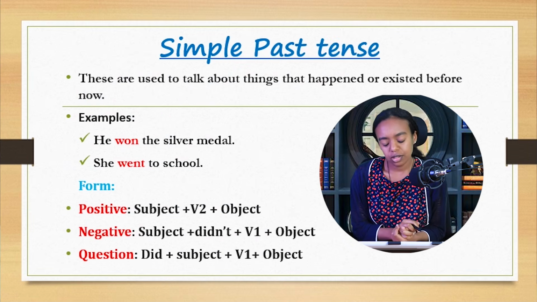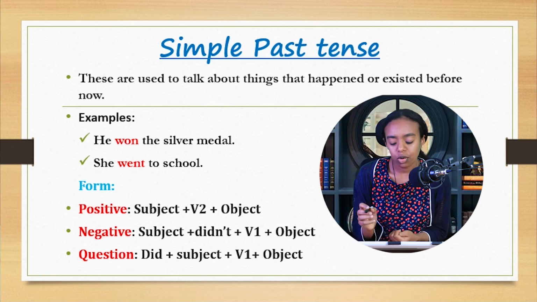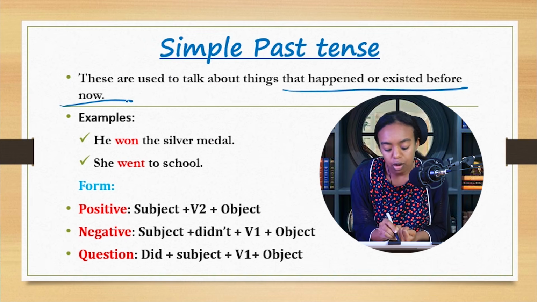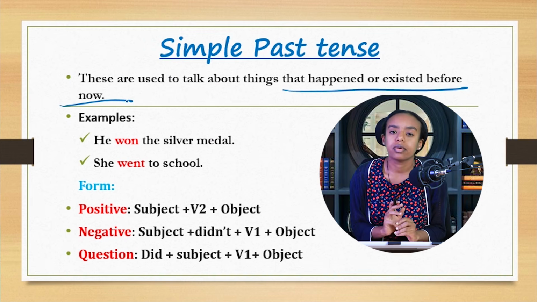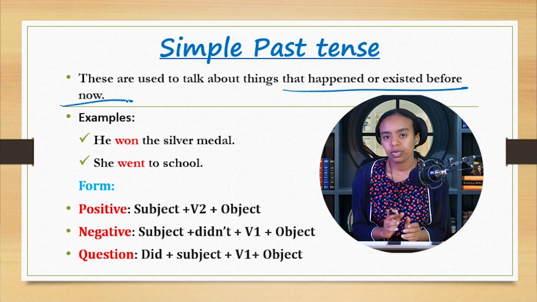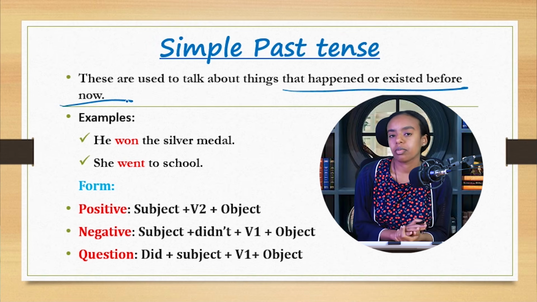The simple past tense is used to talk about things that happened or existed before now. ከአሁን በፊት ኤግዚስት ላደረጉ ወይም happen ላደረጉ አክሽኖችን የምንጠቀመው simple past tense ነው። simple past tense ለመጠቀም ከዚህ በፊትም አይተናል።